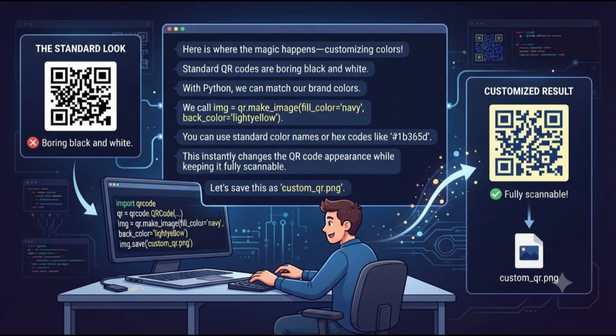Here is where the magic happens: customizing colors. Standard QR codes are boring black and white. With Python, we can match our brand colors. We call img equals qr.make_image, fill_color equals navy, back_color equals light yellow. You can use standard color names or hex codes like #1b365d. This instantly changes the QR code appearance while keeping it fully scannable. Let's save this as